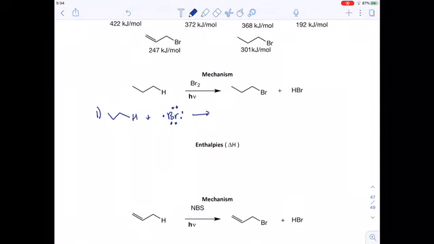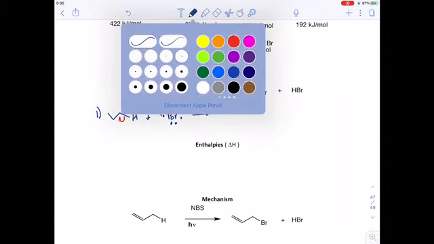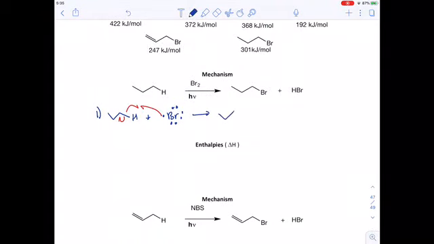So the first step is going to be the breaking of the CH bond and the forming of the HBr bond. So one of the radicals is going to go back to this carbon, and one of the electrons is going to form the new bond with the Br. So then you end up with